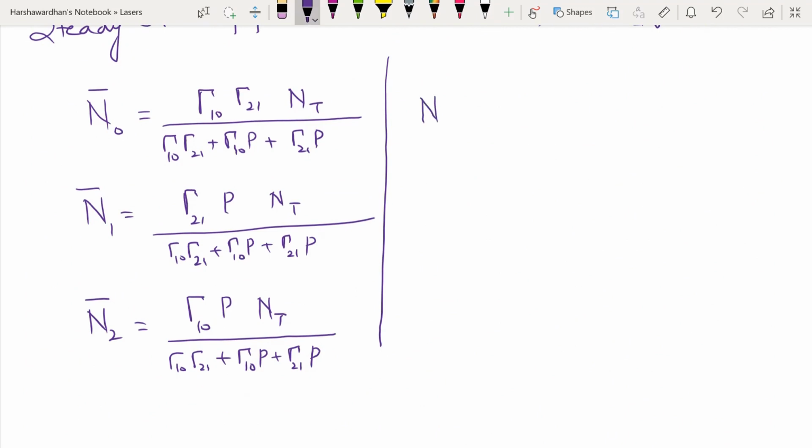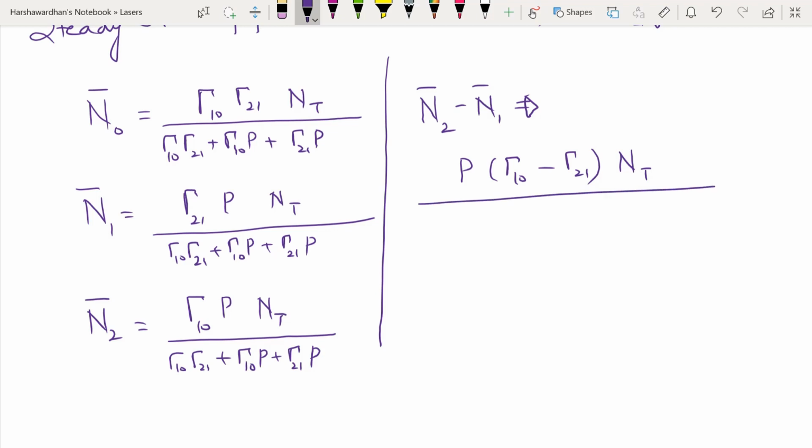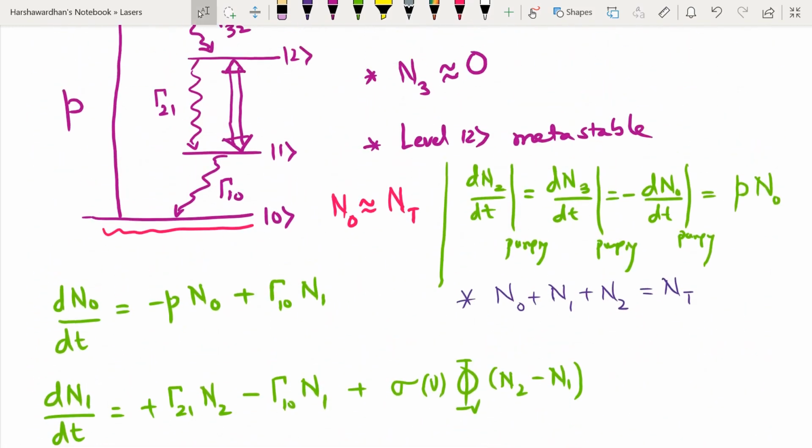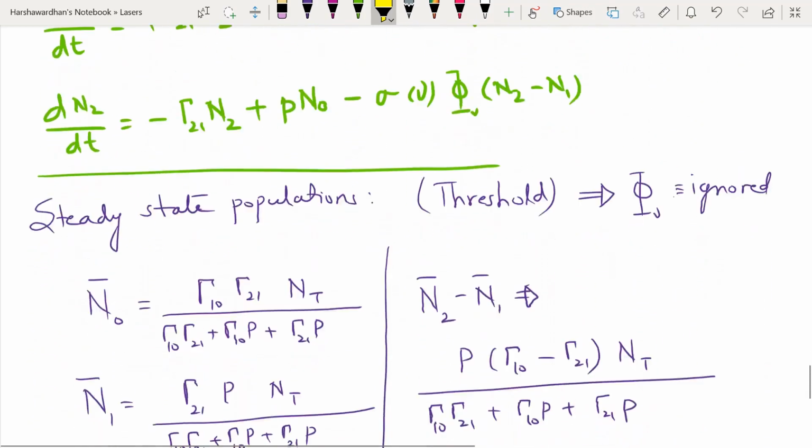So I can write down my population inversion, which is n2 bar minus n1 bar in the steady state, to be the following. It is basically P times gamma 10 minus gamma 21 times the n total divided by the denominator, which is simply the following. So now you can clearly see that if we choose, and this is important, that my gamma 10 rate is larger than gamma 21, let us quickly identify that. What one is saying is that if this decay mechanism in the ground state is larger than this decay mechanism, in that case, there is always inversion